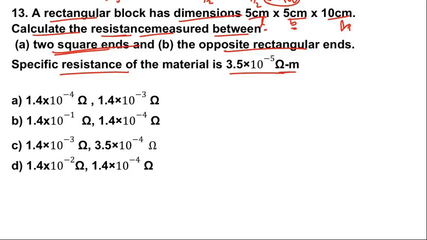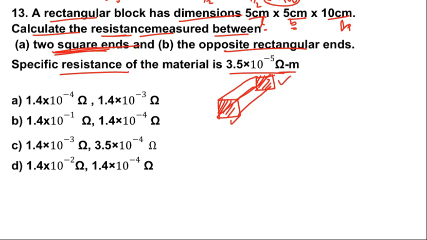So the rectangular block will appear like this. Two square ends are given, so two square ends here are for this rectangular block. These are the squares, and join this. In this question he is asking the resistance between these two square ends. So this is one square and this is the other square, and between these two square ends he is asking the